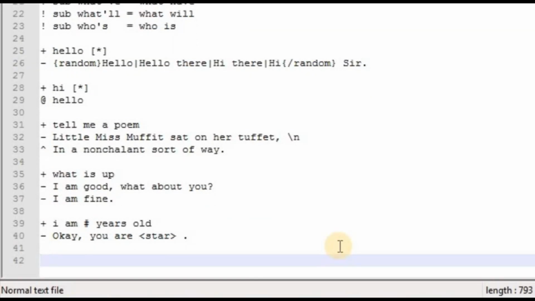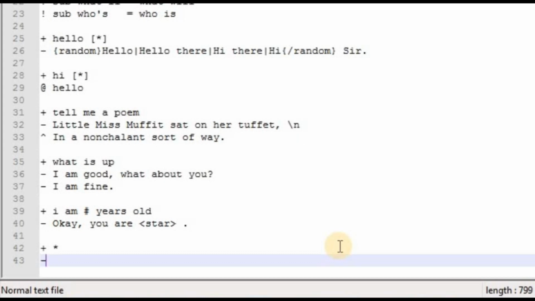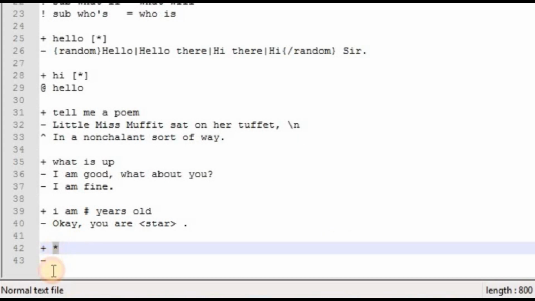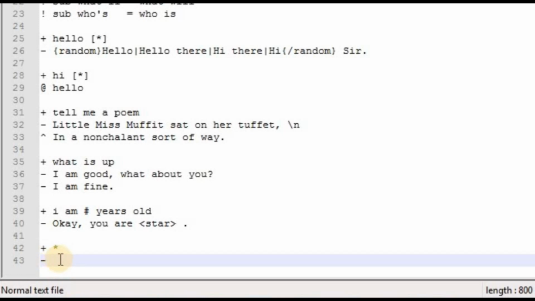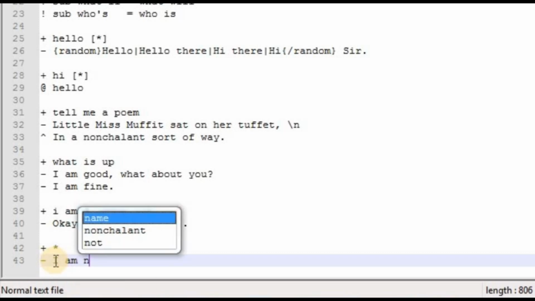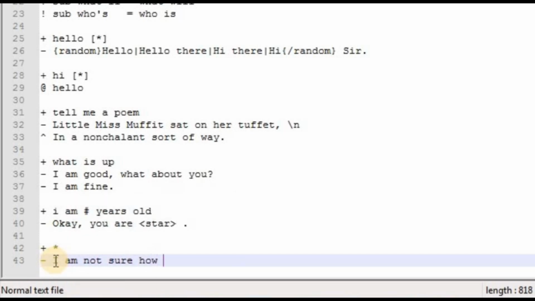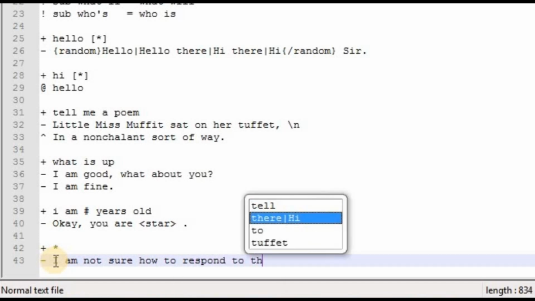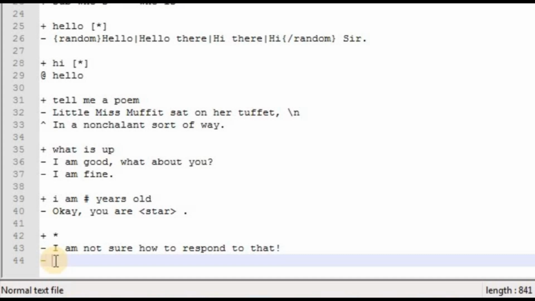So there is another thing with wildcards, and that is the catch-all trigger. What that does is, if the user says anything that is not defined already as a trigger, then it will have a default message to display. So let us add it. Star, this will match any number of words, letters, or special characters. And then let us say I'm not sure how to respond to that, and after that